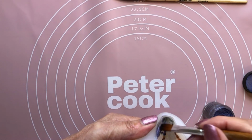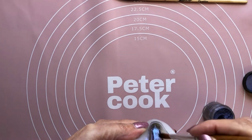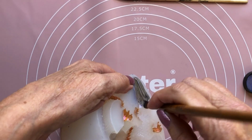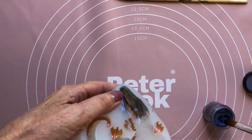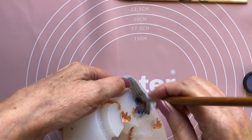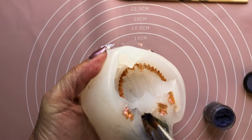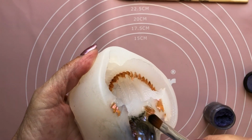So when you paint a mould with mica powder, it's usually only the first colour that went down, you'll see. So it doesn't matter if the other goes on top of it. Of course, now that I've said that, you can guarantee it'll go wrong. That's just the way things are with me. Try and get this worked in. It doesn't seem to have as good coverage as the other one, but it's going on okay. I'm hoping,